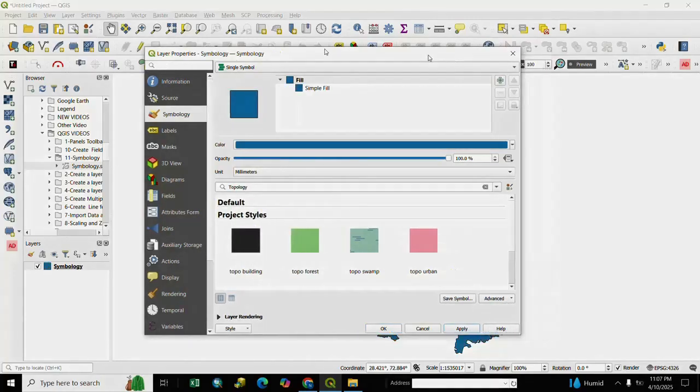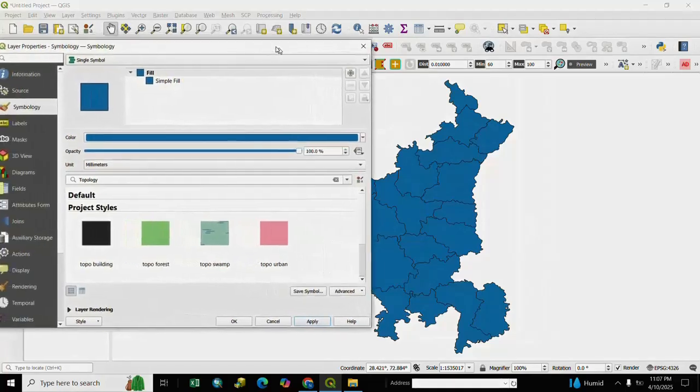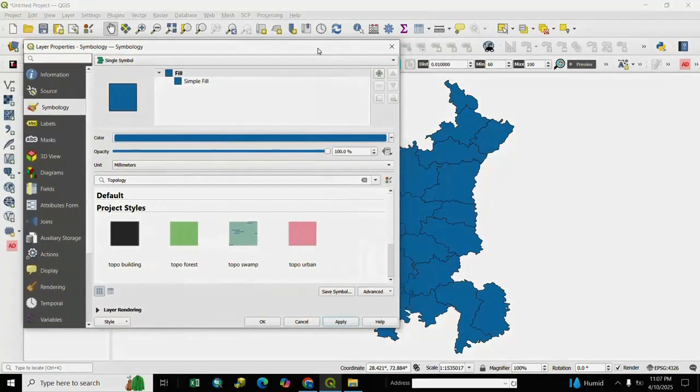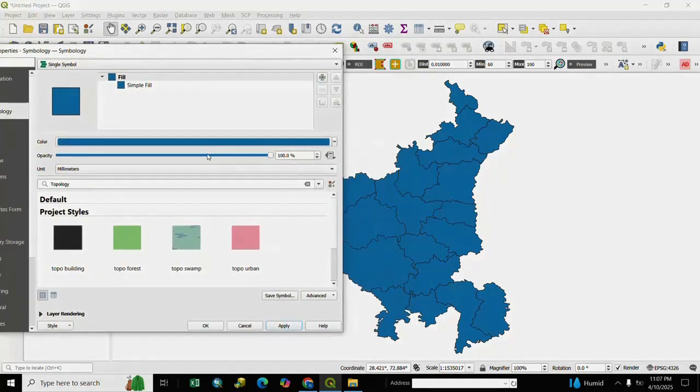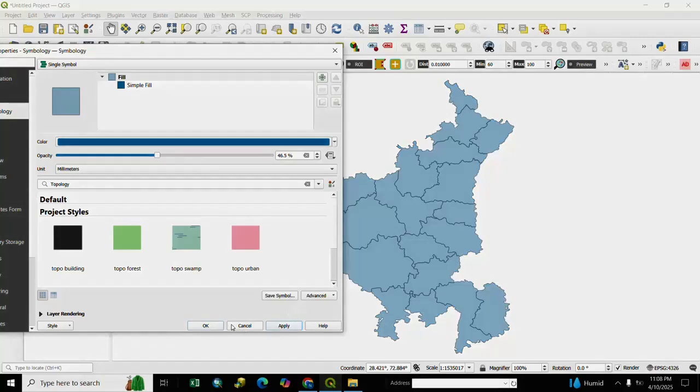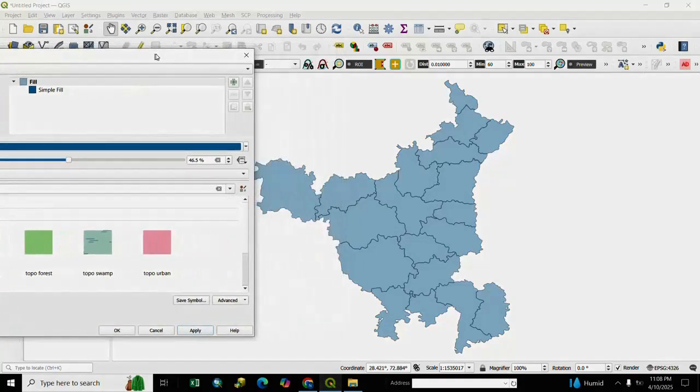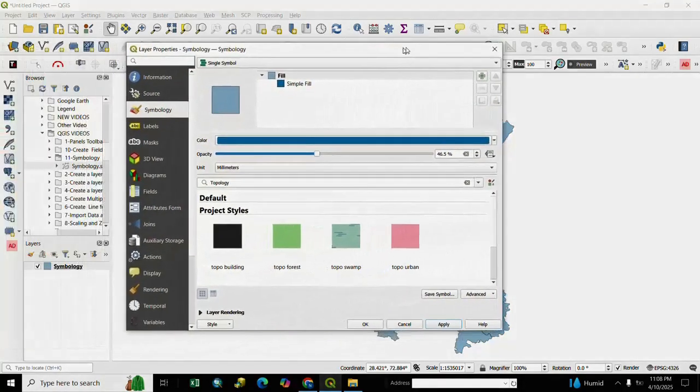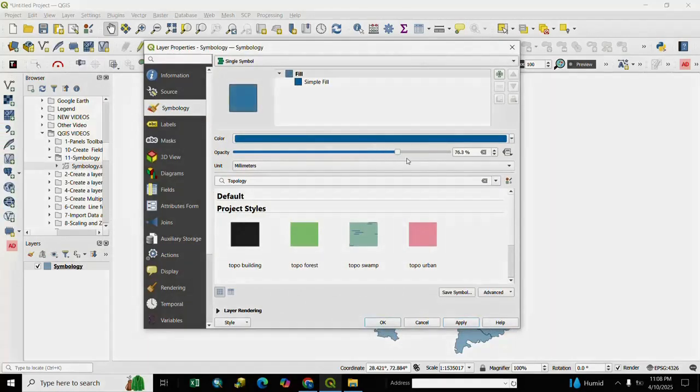apply our color change. If you want to change the transparency of this color, set opacity, you click right to left and set as per your requirement. We select it, we set here 46 and apply. Our transparency is here, and if you want other changes of symbology, you go to the downside and you select